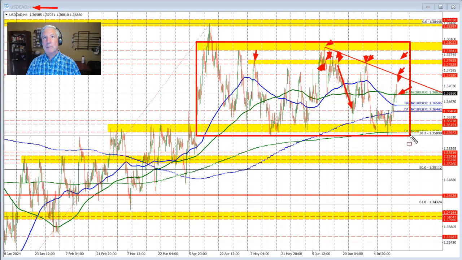This box has been confining the trading range, apart from this little move to the upside here, between 135.89 and 138.03. That's 215 or so pips. This is over a number of months, going all the way back to April, so 3 months in total. Over that time period, we've seen lots of ups and downs, as you can see visually. And if the price is going to go higher in the dollar Canada, weaker Canadian dollar, stronger dollar, we need to get outside of this box, either there or down here.